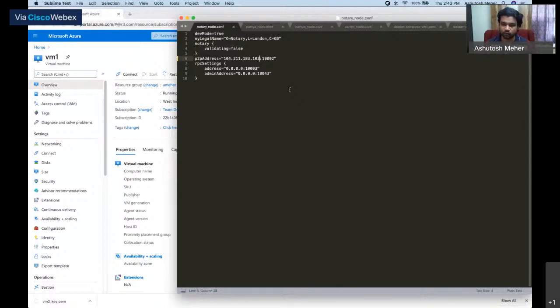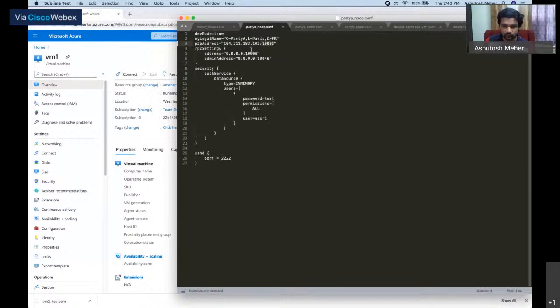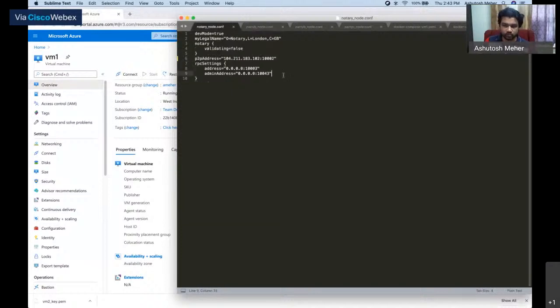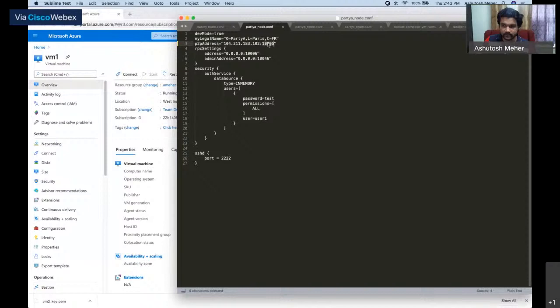And if I use the same port, let's say 10200, then the P2P address for both of my nodes is going to be the same, and it's going to be really confusing for someone who wants to communicate with these guys. Which address should I communicate with? Because they are going to conflict, right? So we need to have separate ports and then we'll publish them in our Docker Compose file. So that's what we have done. We have got separate ports for all of them rather than using the same exposed port, right?